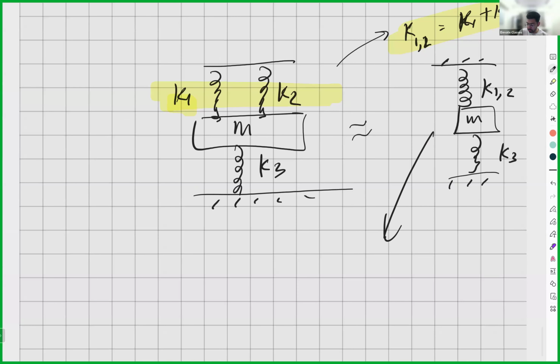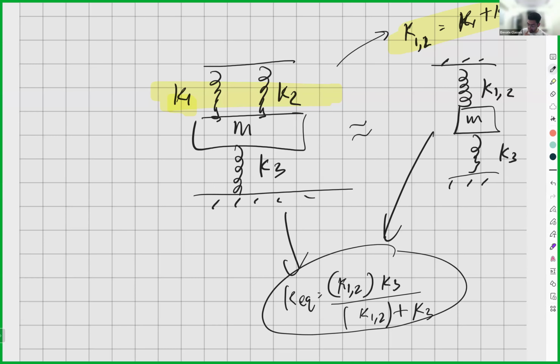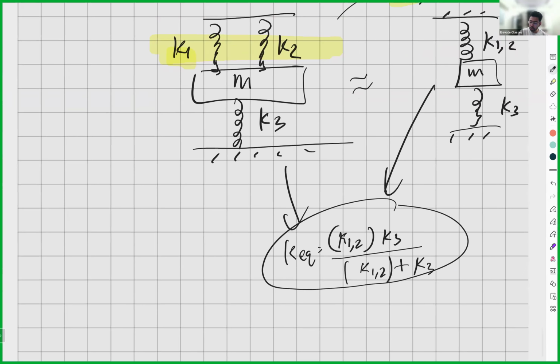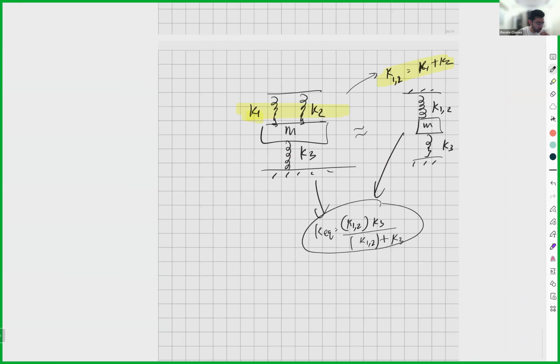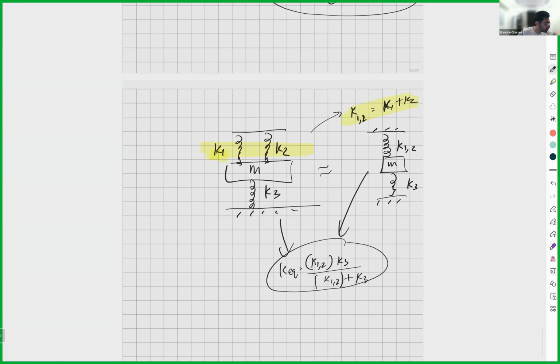Then this can be solved as again 1 by, so this will be k3 into k1 comma 2 divided by k1 comma 2 plus k3. ठीक है, तो ये k इक्वेलेंट ही आ जाएगा ऑफ दिस सिस्टम, k इक्वेलेंट विल बी दिस वन। अब k12 जो है k1 प्लस k2 है, ऐसे आप पुट कर सकते हैं। तो देयर कैन बी वेरियस प्रॉब्लम्स।